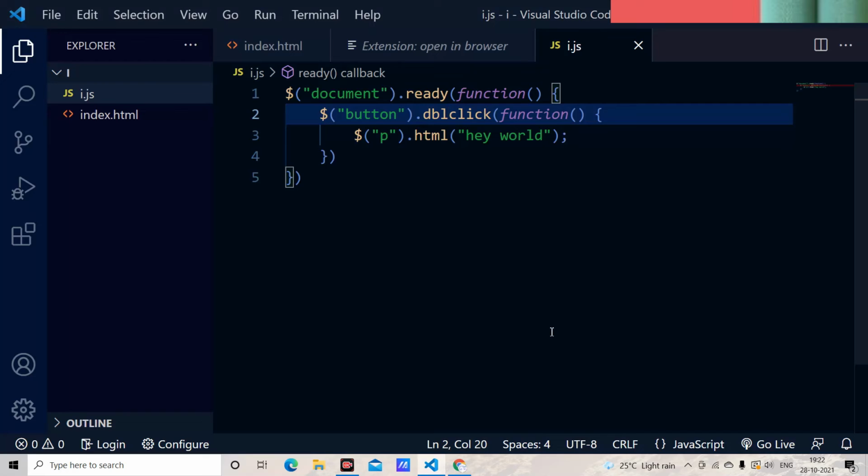And next we have the mouse enter. Here instead of the double click, I just use the mouse enter, and I just save it, and I just come here and reload the site. Whenever my mouse enters this button, this hello world is going to change. For example, as you can have a look at here, when my mouse cursor enters the button, the text is completely changed. Hello world is changed to hey world. And this is how we go with the mouse enter.